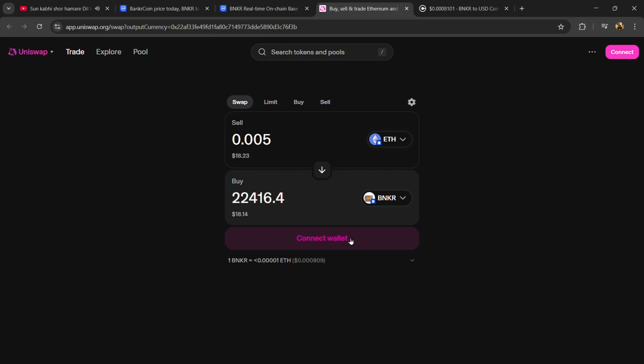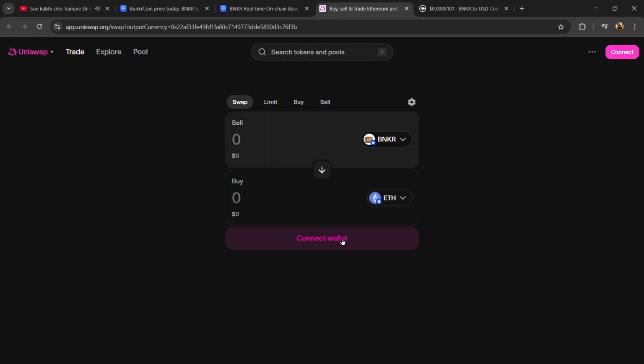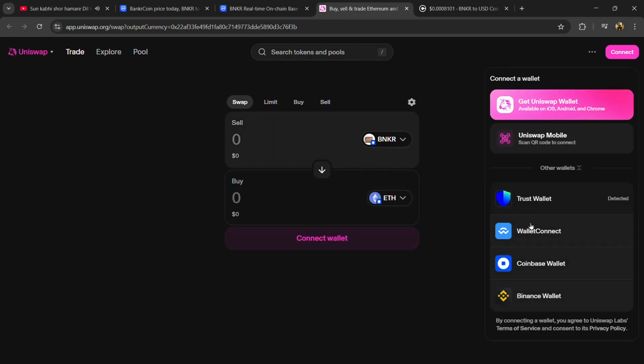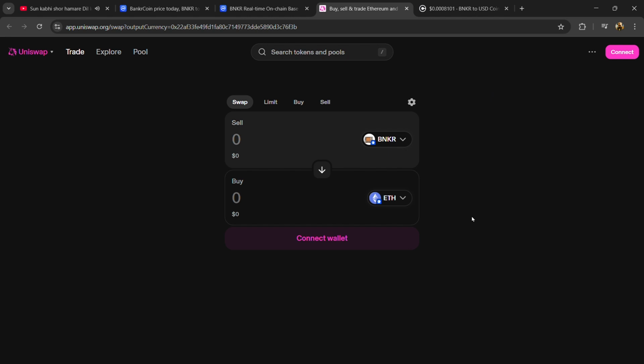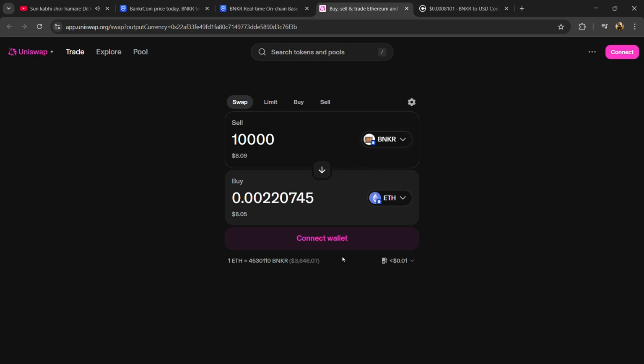And if you want to sell this token on this decentralized exchange, then click on this arrow, and again you need to connect your wallet or mobile wallet from this exchange, and here you will enter the number of tokens that you have, and finally you will confirm the transaction. Then you will receive ETH coin in exchange for this token in your wallet. So in this way you can buy and sell this token on centralized and decentralized exchanges.